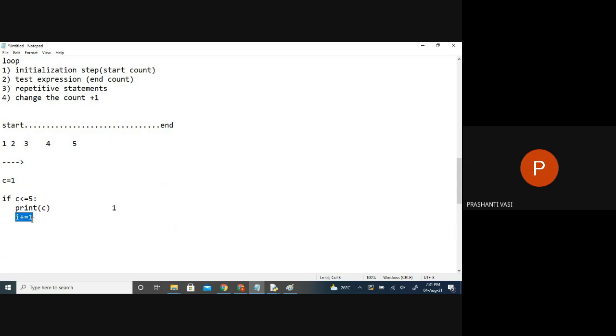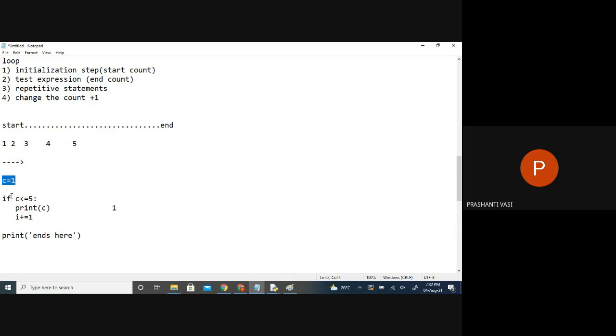And again, what should happen? I should increase. So what is my c value? 2. After that, what will happen? Anything else, or the program will end here. This code is over, no? Will it repeat the same step again? Is it going to check again and print again? No. Unless we run the program, it won't. Even if I run the program again, it starts from top to bottom, so it always prints 1 only. The program is meant to print only one time.